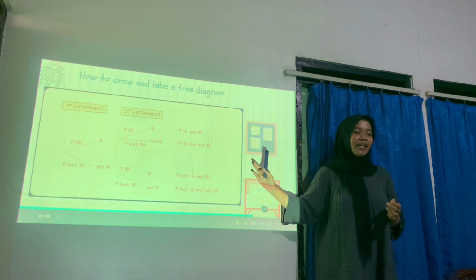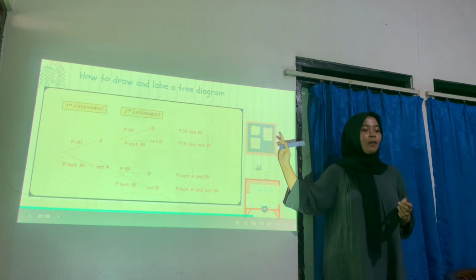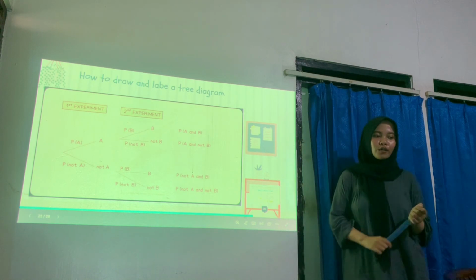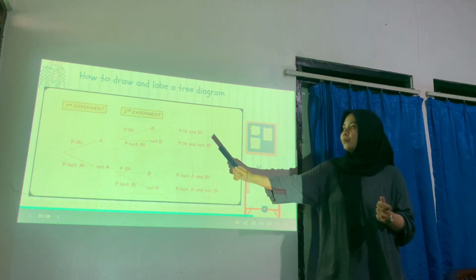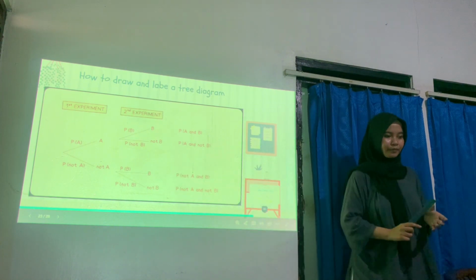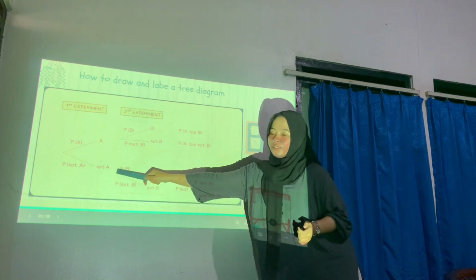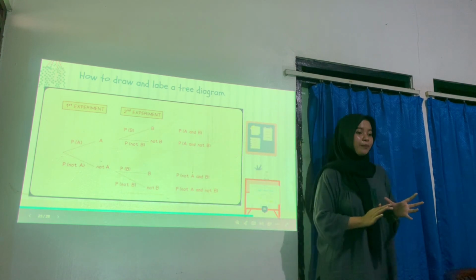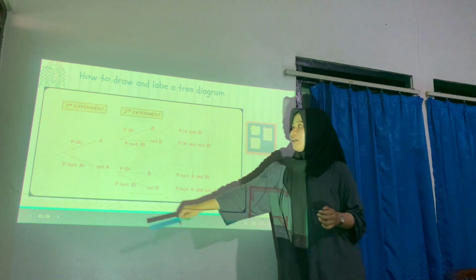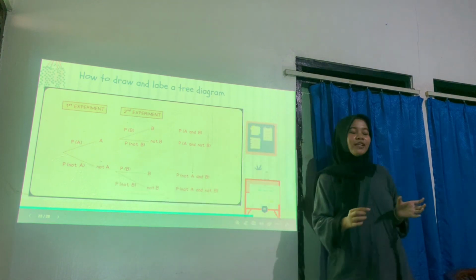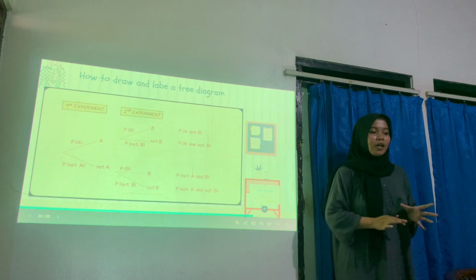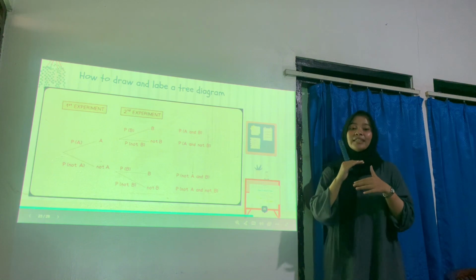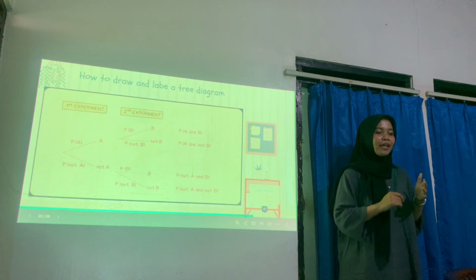And now, this is an example of a tree diagram which shows all possible outcomes of 2 experiments. Look, there are 2 steps called first experiment and second experiment. We start from the first branch. There are 2 possible outcomes, namely the event A and not A. We label this with probability of A and probability of not A. For example, A is getting a coin head and not A is the other side, that is the tail side.